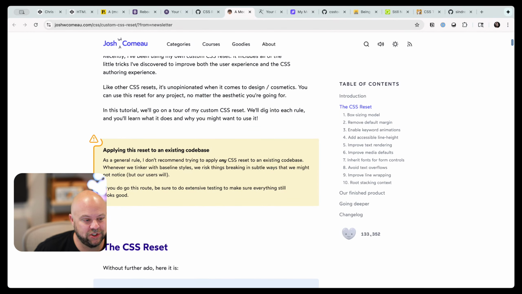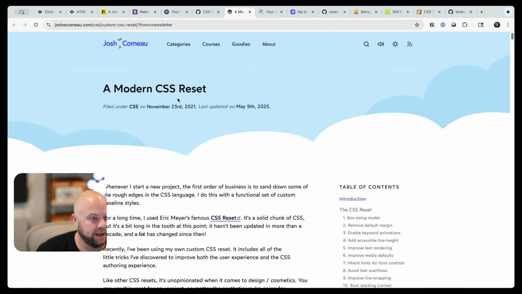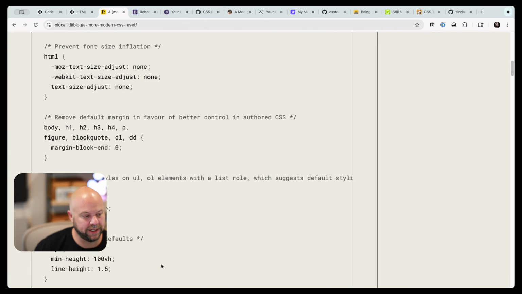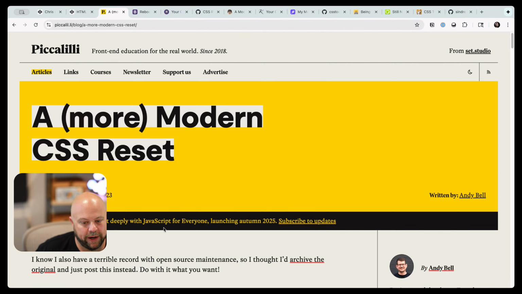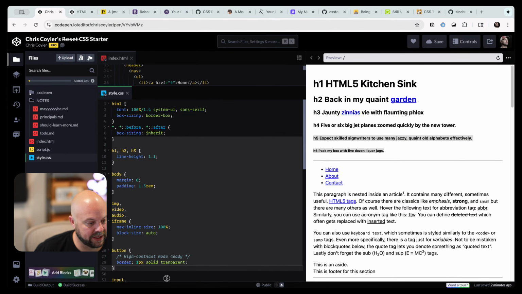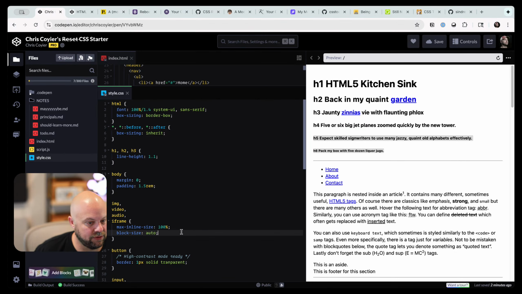There's newer stuff like Josh Comeau's one, and there's Andy Bell's one. I'm a little bit more interested in people that have thought about this in the last 5 years, and see what they have in store for us. So maybe that's what we'll do tomorrow, and just keep fleshing this out, only adding stuff to it that I really like, that I can see myself using, and then I'll publish it and get famous for being a CSS